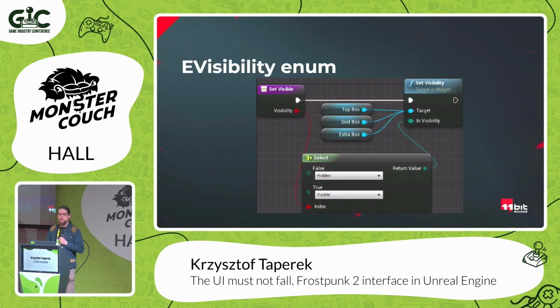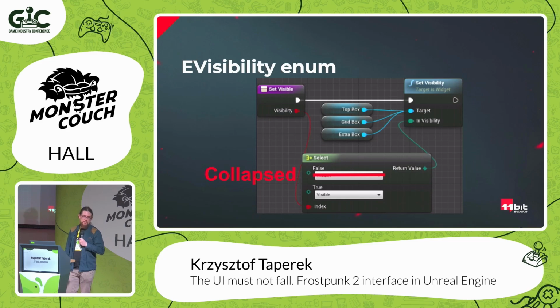One of the simplest examples: when you want to change the visibility of some widget, you will go to the visibility enum, which has, if I remember correctly, 5 or 6 values just for changing the visibility. So we have visible, we have 2 variants of visible, but with some other version of input. We have 2 or 3 versions of not visible, and it's really difficult to remember that, and it's really error prone. And by the way, that's a screen from the internet, because this set visibility now is deprecated in our repo, so I wasn't able to make a screen on our side.